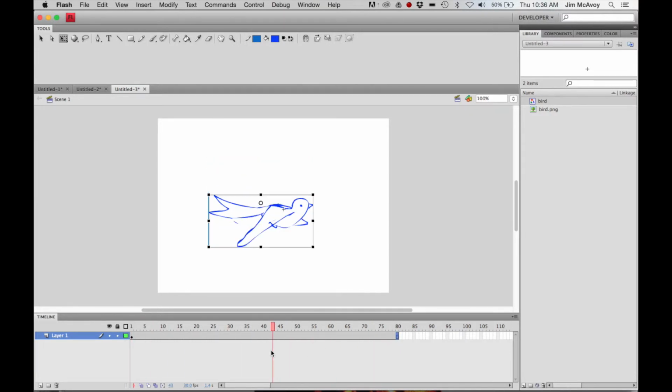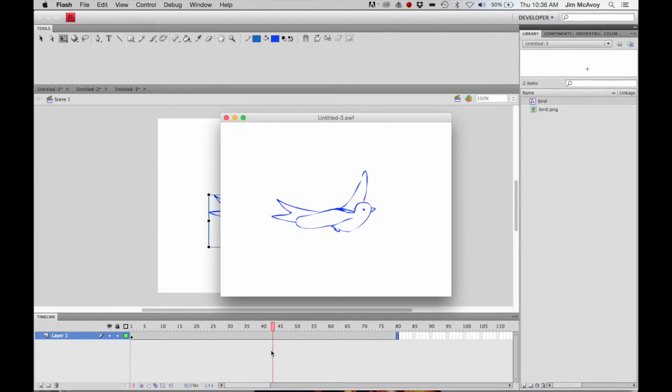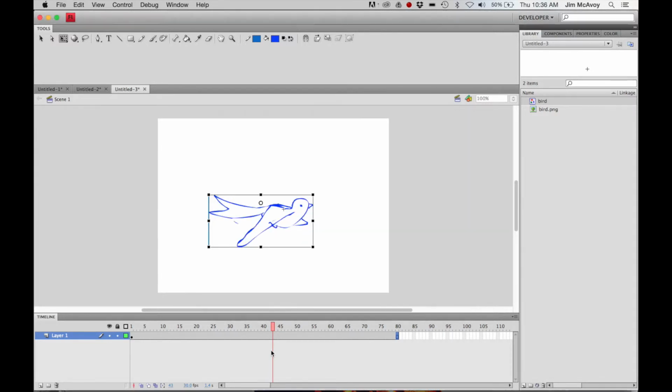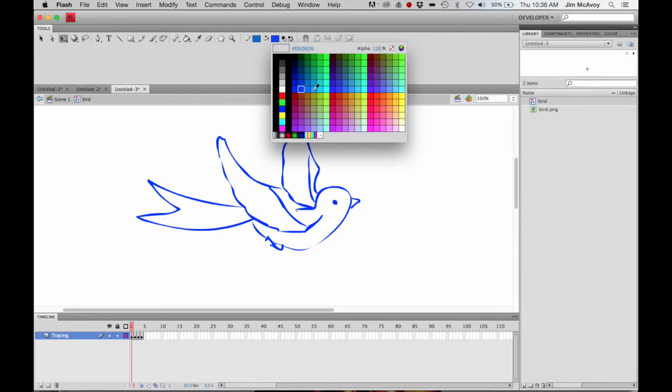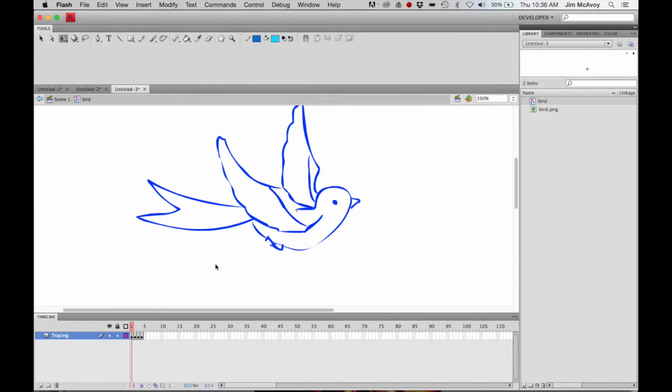So let's see how that works. Okay, so there's the wings going pretty rapidly. Now, one mistake that we've made is we forgot to fill the body of the bird in. So let's go back in and take care of that. Unfortunately, because I'm doing this after the fact, I'm going to have to do it on every frame. So we'll get our bucket,